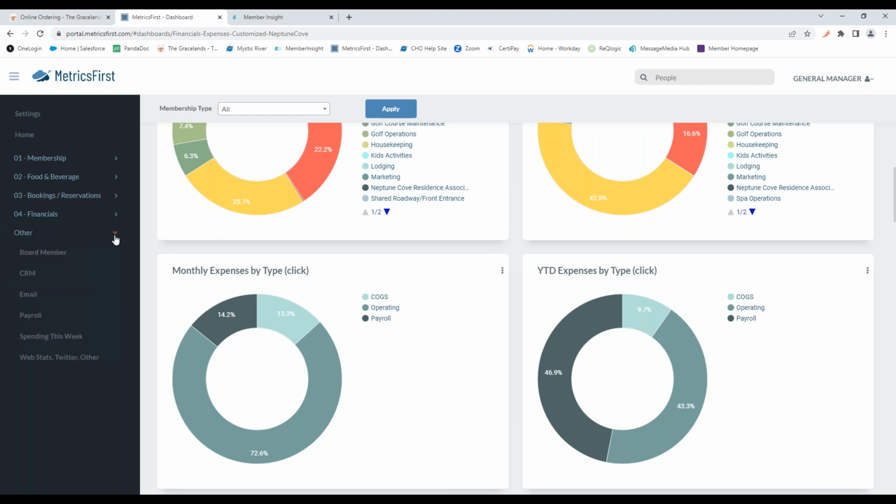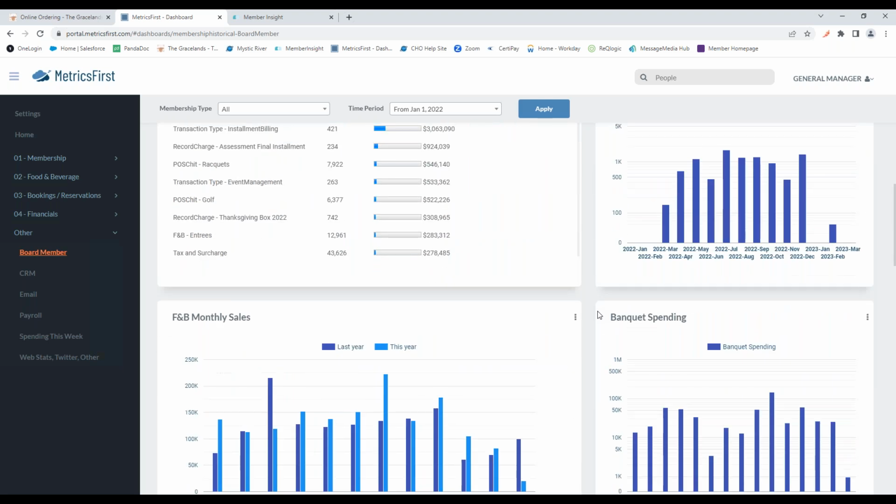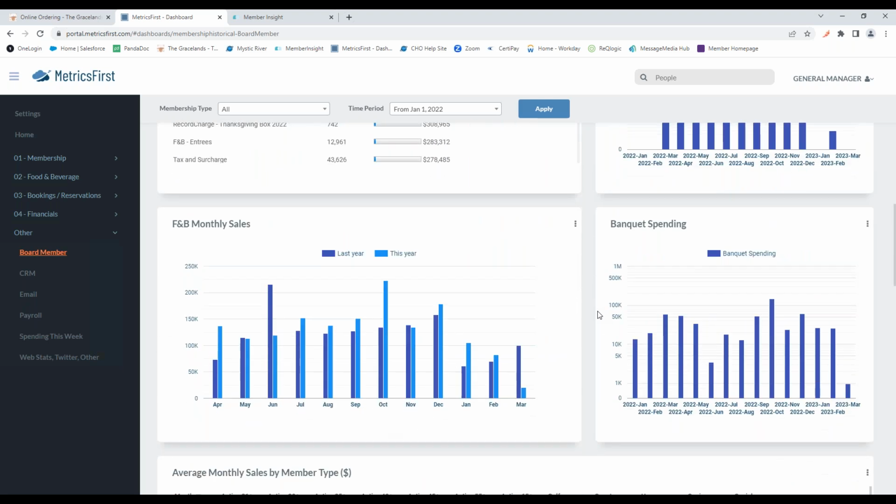And then last cool piece we'll touch on that we've developed is our board member point of view. I know plenty of clubs are asked to provide different reports for board members. So within here, you can go ahead and give them a login. All they'll be able to see is this board member point of view. And you get to pick and choose what reports that they're able to see. So whatever's necessary for them, you can make that available by a single login.